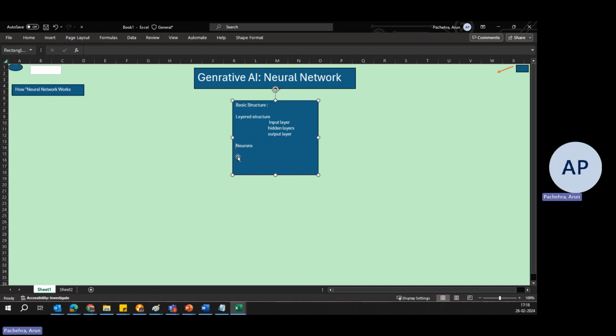There could be multiple neurons in each layer, and each neuron receives input, processes it, and passes on its output to the next layer of neurons.